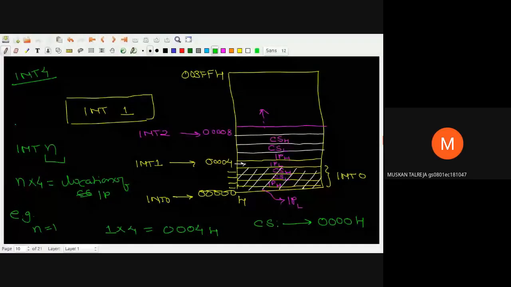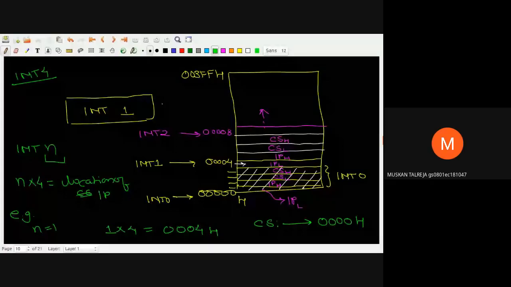Okay. So please try to solve this question, because I am not able to see your answer on the chat box. The problem is that the computer is hanging here. Okay. So you can unmute your mic and tell me what will be the value of this INT4, where INT4 will start.